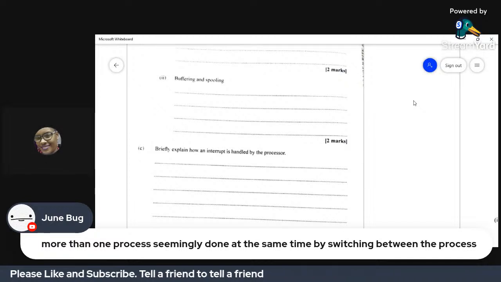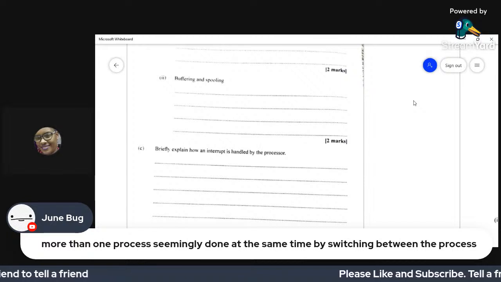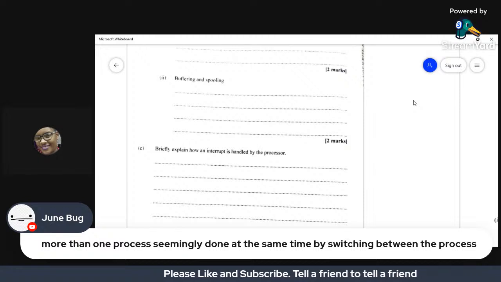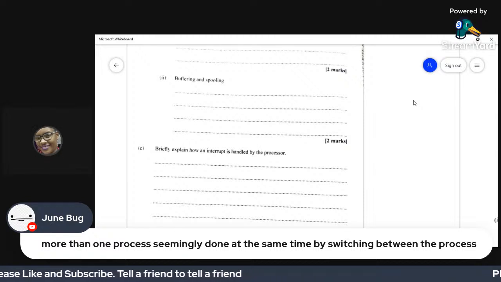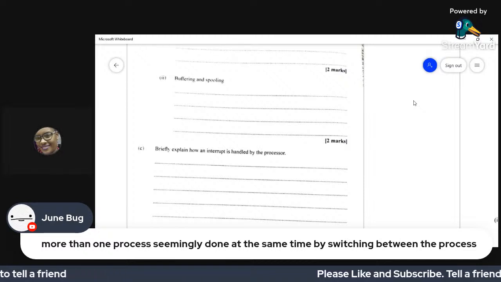That is what buffering is. Yes, it can be aligned with the whole buffering, because when it is storing these requests, it is basically in a queue to accomplish the task.